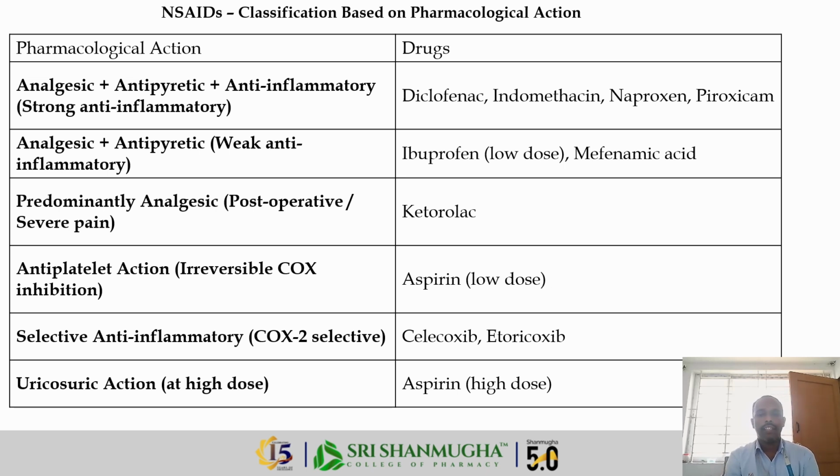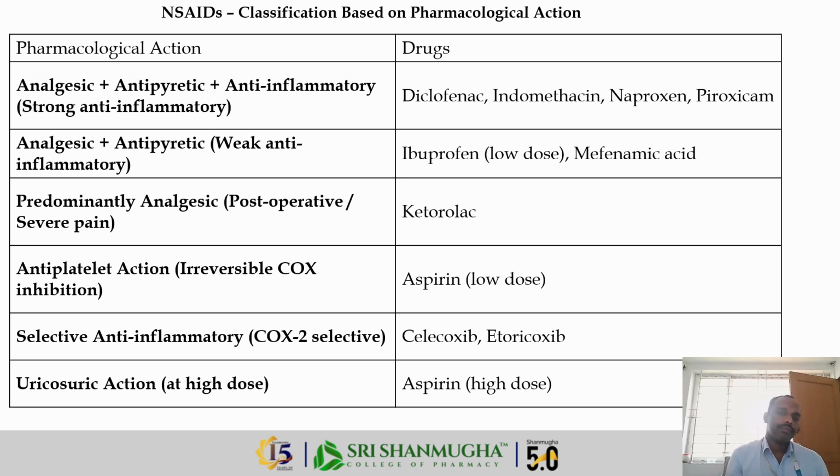Next, we have the classification table. Based on the mechanism and pharmacological action, we are classifying the drugs. Analgesic plus antipyretic and anti-inflammatory drugs are diclofenac, indomethacin, naproxen, piroxicam. Next, we have analgesic plus antipyretics with weak anti-inflammatory action. They are Brufen, and mefenamic acid,